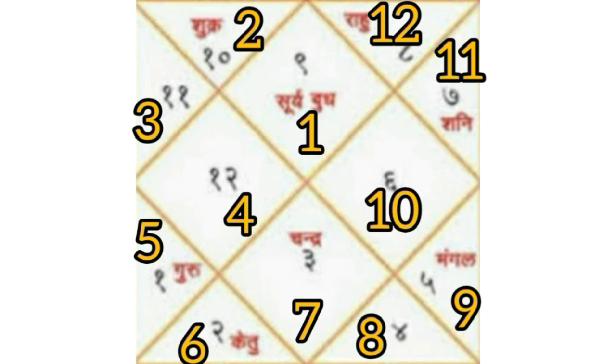The smaller numbers are the signs. Here in this diagram, where the bigger number 1 is written, the smaller number 9 is written. That means this person's ascendant sign is Dhanu, Sagittarius. 10 is Capricorn. 11 is Aquarius or Kumbh, 12 is Meen or Pisces, 1 is Mesh or Aries, 2 is Taurus or Vrishab, 3 Mithun, 4 Kark, 5 Leo or Singh, 6 is Virgo or Kanya, 7 is Tula or Libra, 8 is Scorpio. The smaller number 9 is Sagittarius ascendant, Dhanu ascendant.